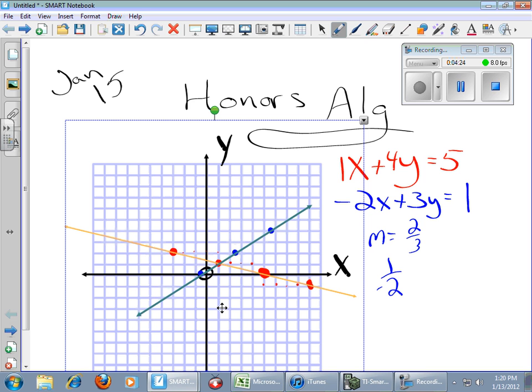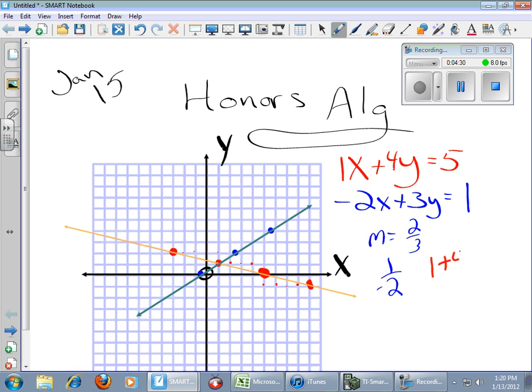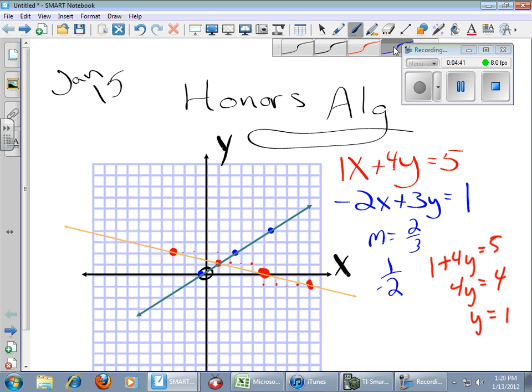Well, in the red one, I sure am. I'm going to get 1, 1. If I stick 1 in for x, I'm going to get 1 plus 4y equals 5. 4y will end up equaling 4. Y will equal 1. If that happens with the blue equation, then I know for a fact my points cross